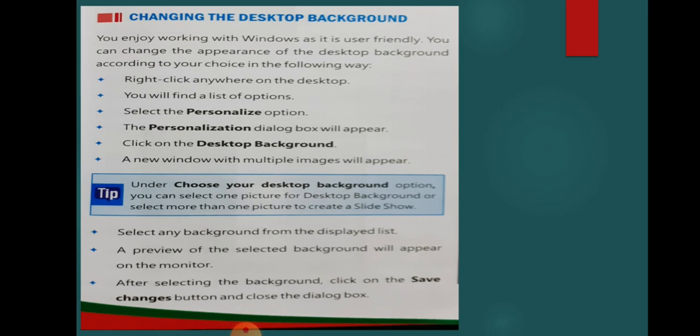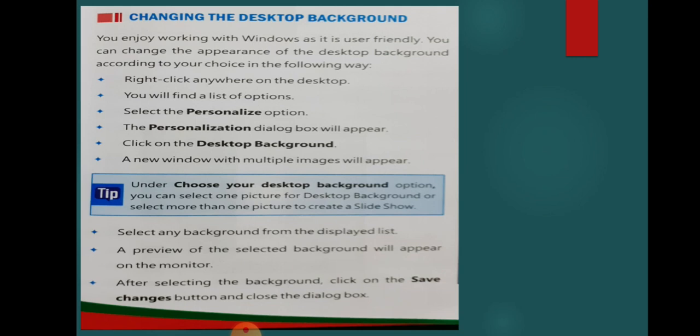First we will right click anywhere on the desktop and then we will find a list of options on the screen. From there, we select the personalize option and the personalization dialog box will appear. We click on the desktop background and a new window with multiple images will appear.